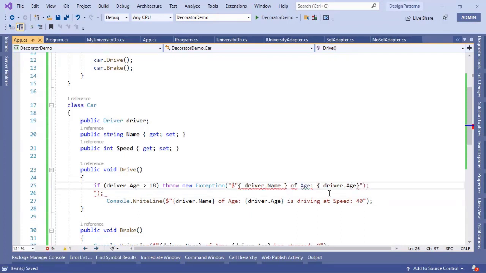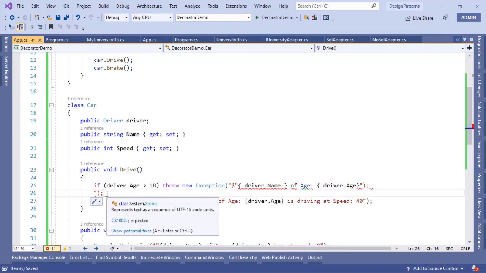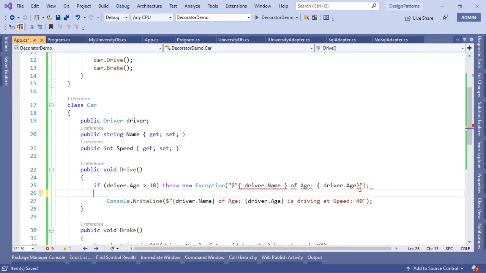Double quote like so. Throw new exception. And this. Okay, so I'm going to say that the driver dot name of age is underaged,